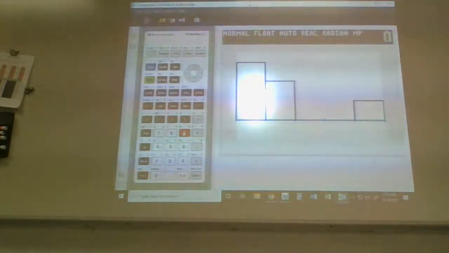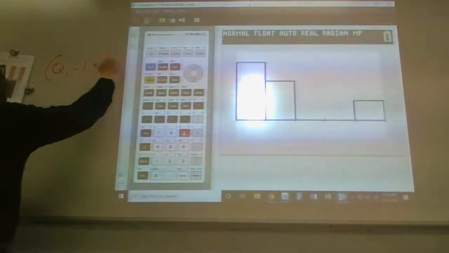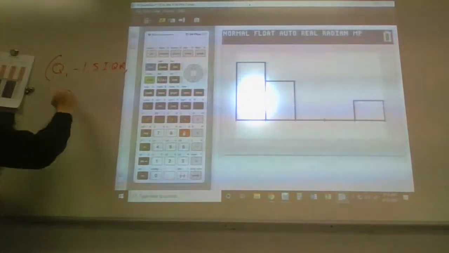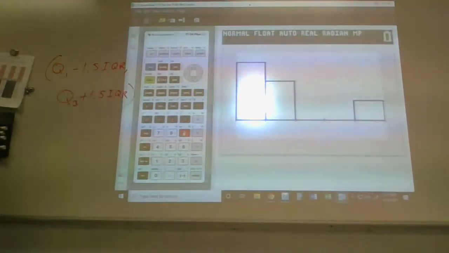The rule for determining whether or not it is an outlier, which I'll write on the board: if it is outside of the range of Q1 minus 1.5 IQR, comma, Q3 plus 1.5 IQR. That's why it's an outlier. I was waiting for you to say, well, just look at it, which is not good enough. You can't just say, it's an outlier, just look at it. If you want to prove that it's an outlier, it has to be outside this range. It is. Trust me, I checked.